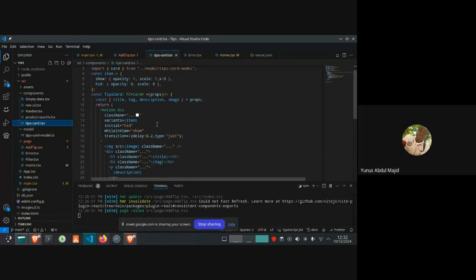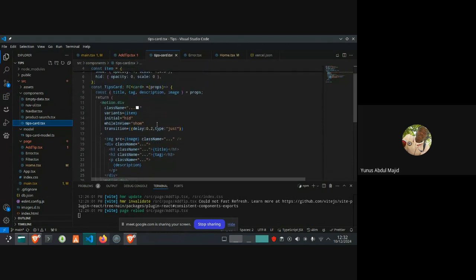Tips card. So inside this tips card component, I'm receiving the props.